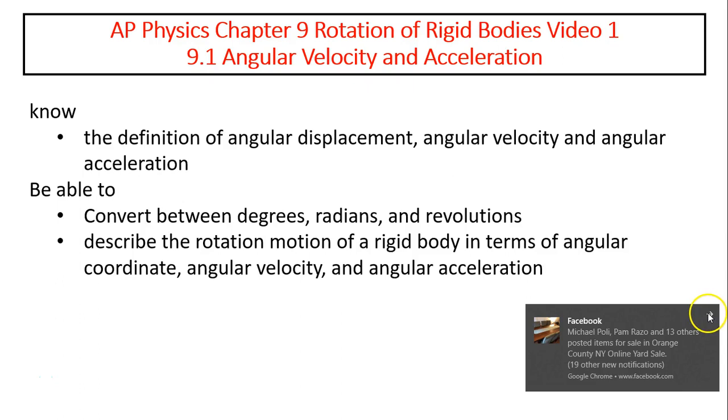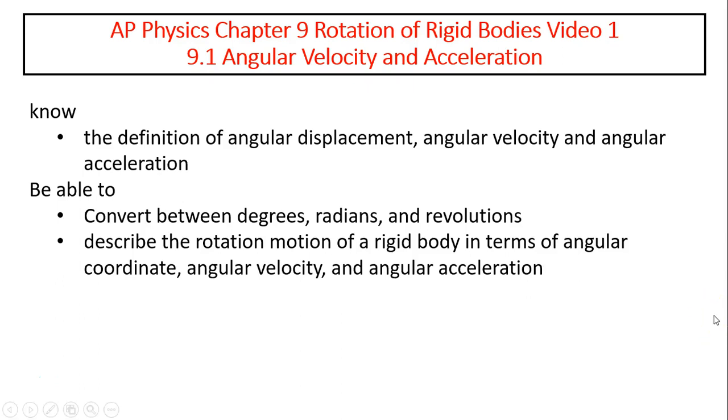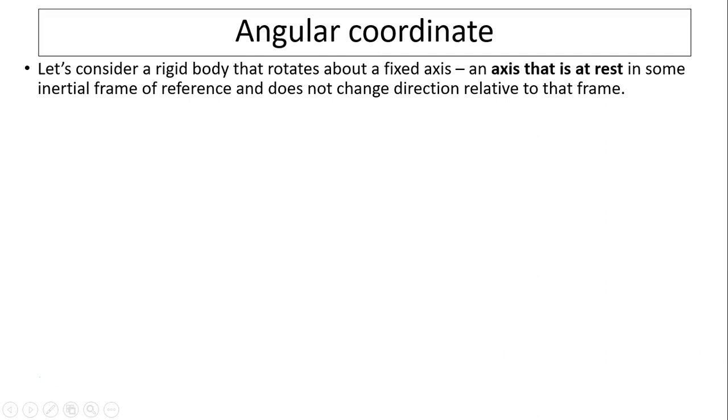The objectives are: know the definition of angular displacement, angular velocity, and angular acceleration. Be able to convert between degrees, radians, and revolutions. Be able to describe the rotation motion of a rigid body in terms of angular coordinate, angular velocity, and angular acceleration. Angular coordinate. Now let's consider a rigid body that rotates about a fixed axis, such as a clock for